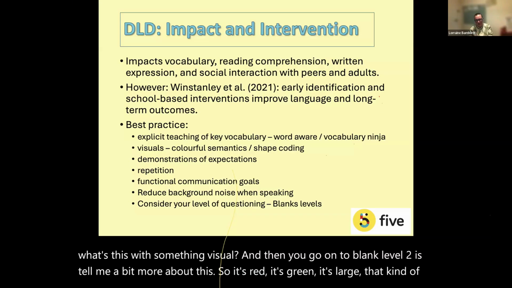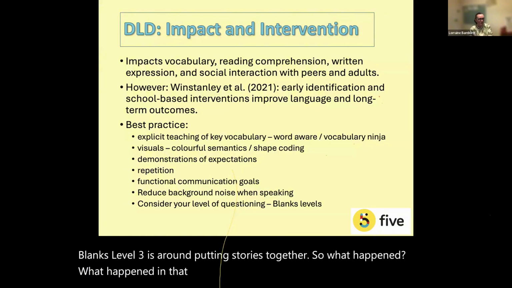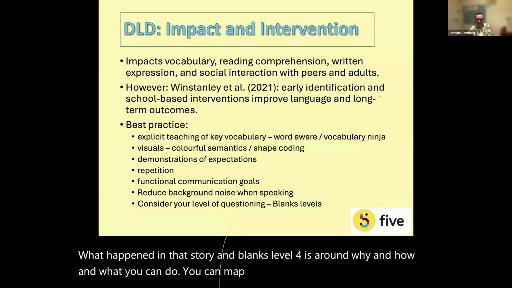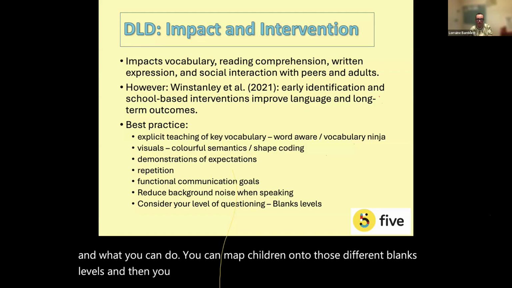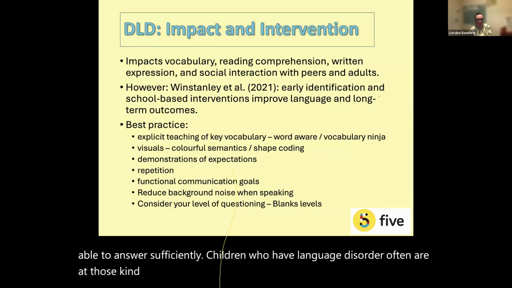Blank level 3 is around putting stories together. So what happened in that story. And Blank level 4 is around why and how. What you can do is map children onto those different Blank levels, and then you know what types of questions they are going to be able to answer sufficiently. Children who have language disorder often are at those lower Blank levels, and so you need to really consider